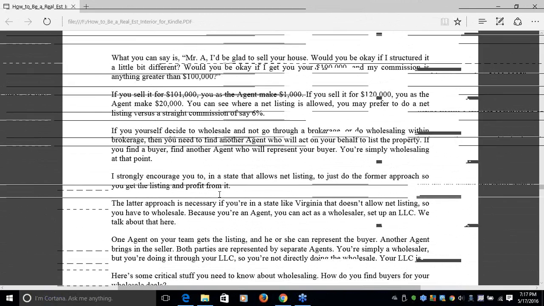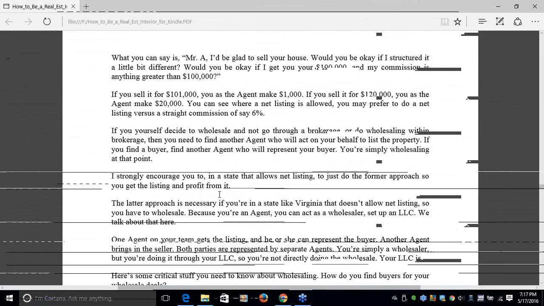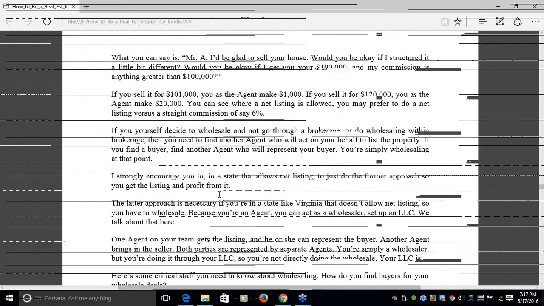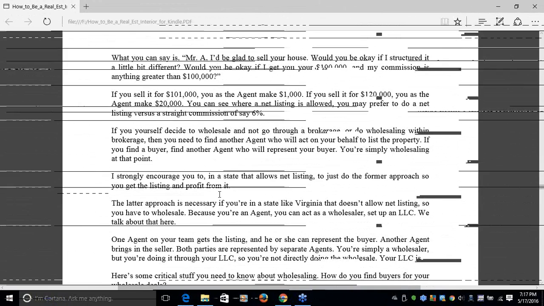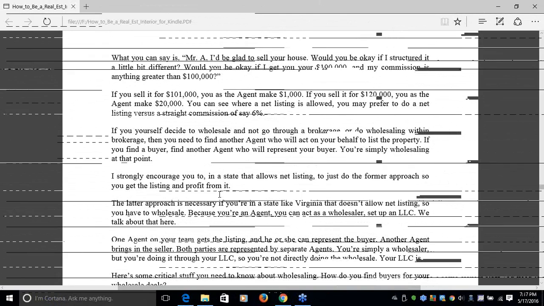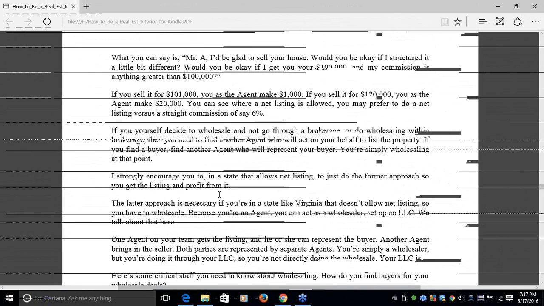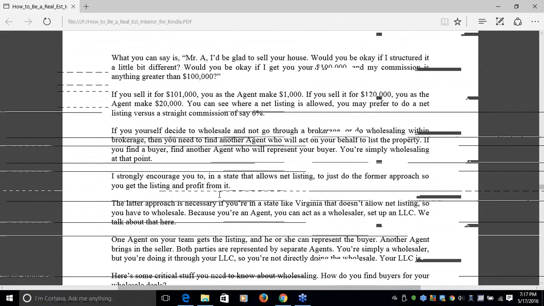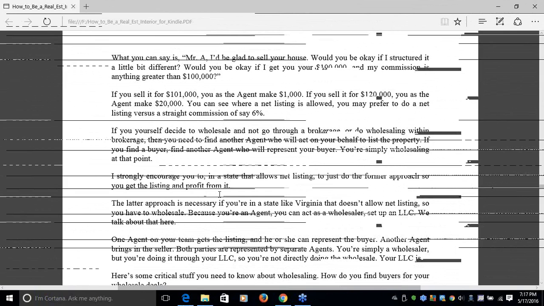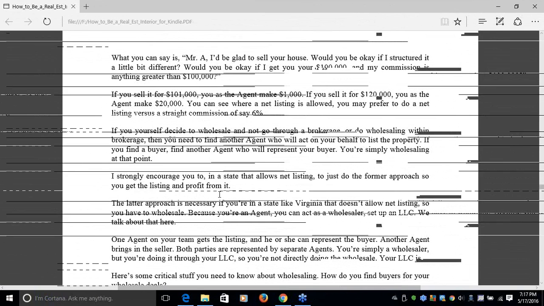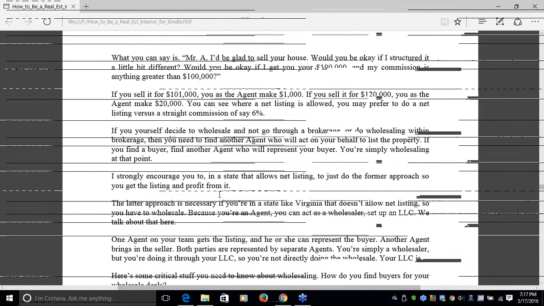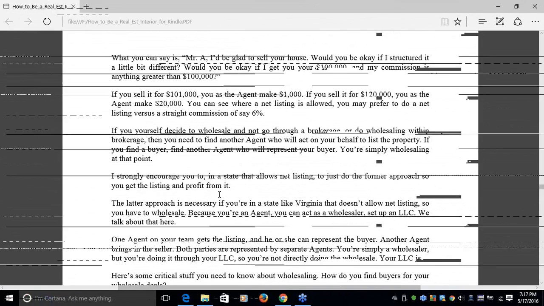Okay, get the buyers first, and then the wholesaler goes out and finds the inventory, finds the listings, finds the properties to sell to the buyers. And they use the letter that we give you in the class to go out and find the sellers. So get the buyers first, and then you get the sellers. Now, they can certainly use that marketing. You guys are now familiar with the marketing. If you're brand new to the program, don't worry, you'll get the marketing in Module 4, and you'll learn it more thoroughly there. But the other thing that's important is you always want to have your wholesalers set up